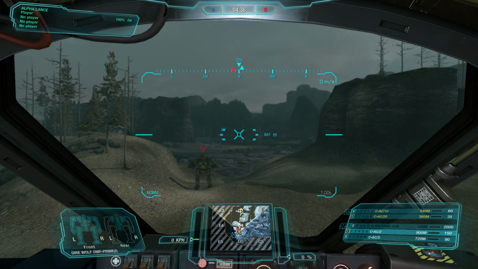Now I'm out at 681 meters, and that's well beyond 240 meters, which would be double for that machine gun, and now the machine gun's black. But you can see the AC-10 and the AC-20 are now yellow, so beyond their effective ranges. So keep that in mind. That's a little look at how the ballistics work, and that's how the ballistics work in every case